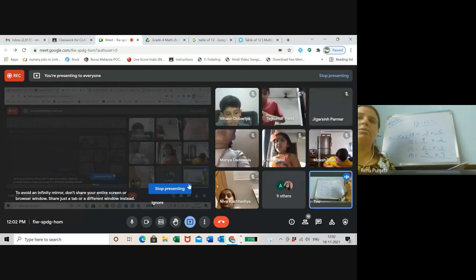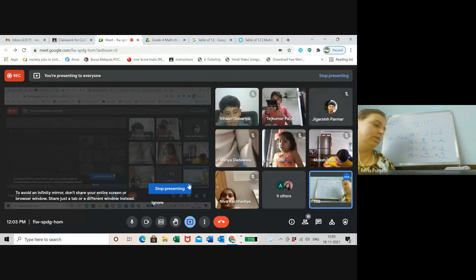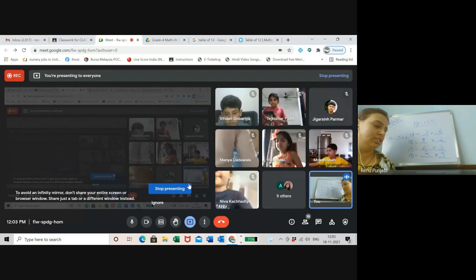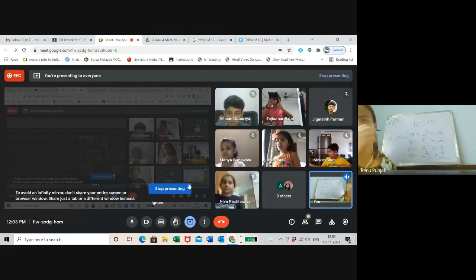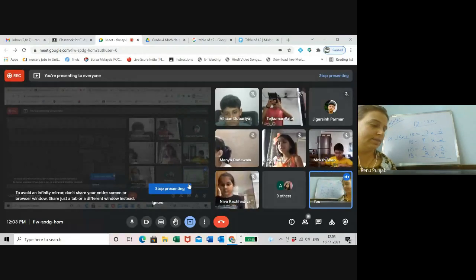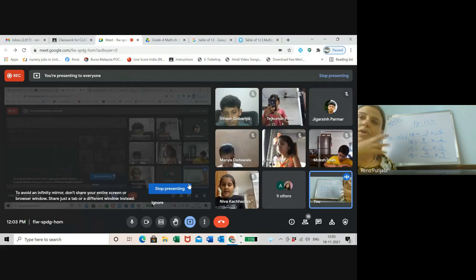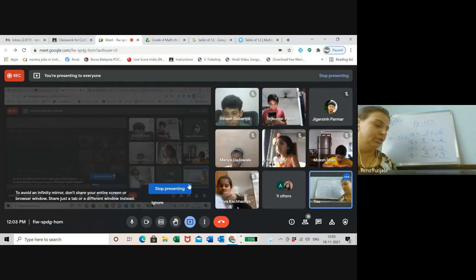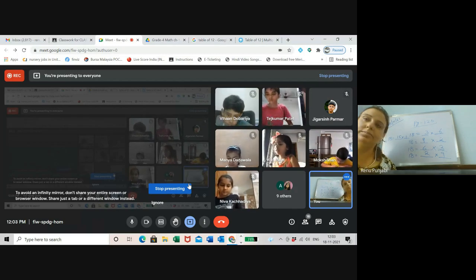Come to page number 121 in your textbooks. The jars in the shelf. There are 30 jars he is having, and he has to arrange them in the shelf. This is a long shelf with 2 rows. Now the shelf is already arranged, there are 30 jars. So you can see how many columns and how many rows are there.